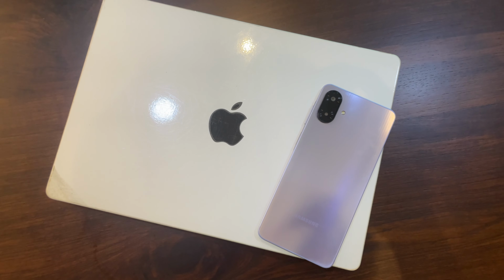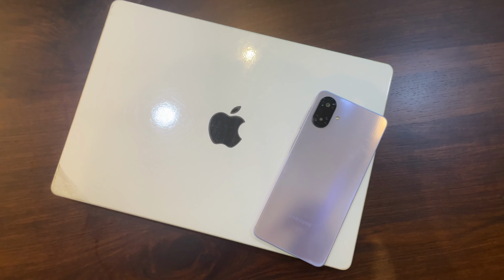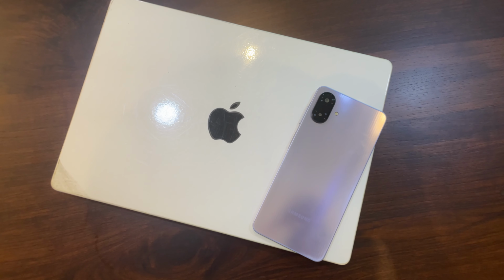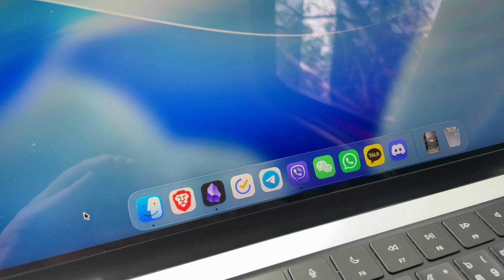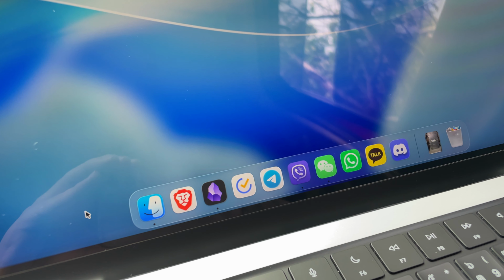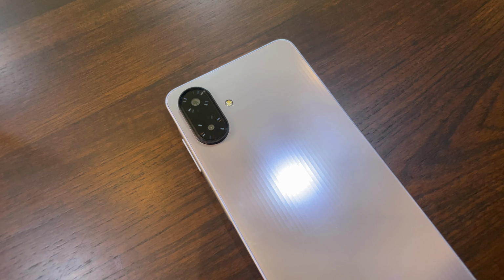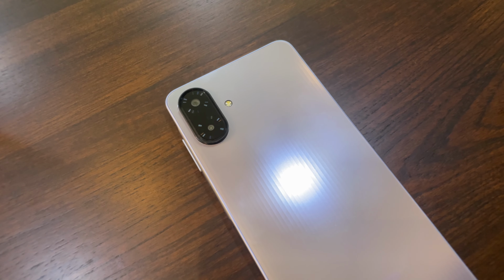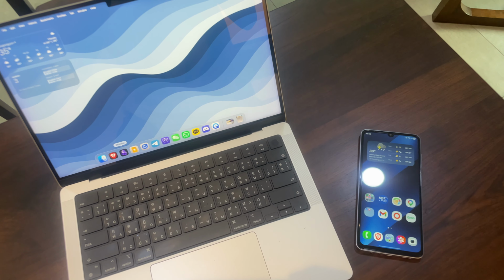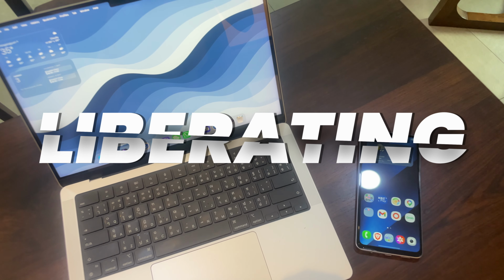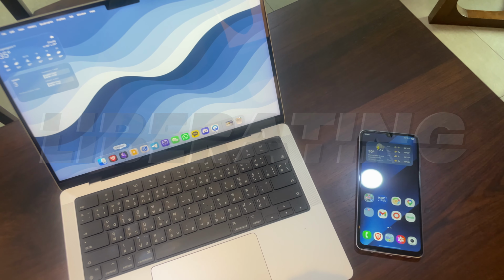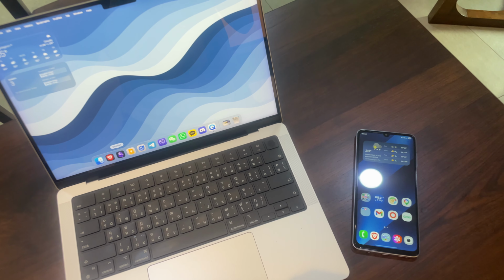For me, even though these are Apple and Samsung devices, I don't rely on any of their first party services, and instead I use apps and services that don't care about which device I use and work well with any device. I've been trying to do this for about a year now, and I think I have completed it. And honestly, living outside of one specific ecosystem feels liberating. Today, I want to show you guys how I achieve ecosystem independence to give you guys an idea of how you can do it as well.